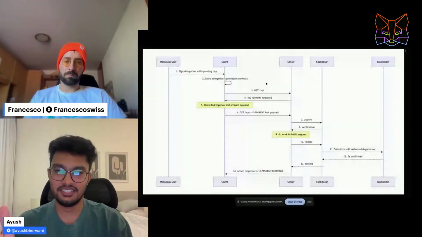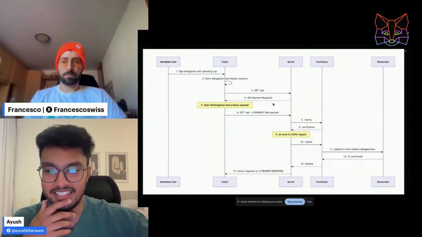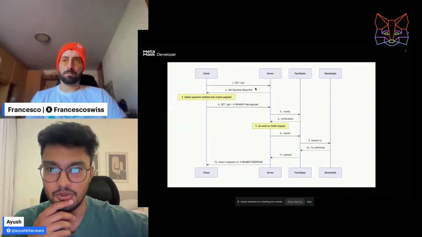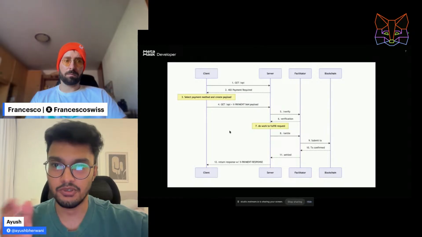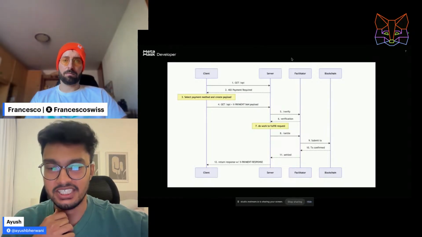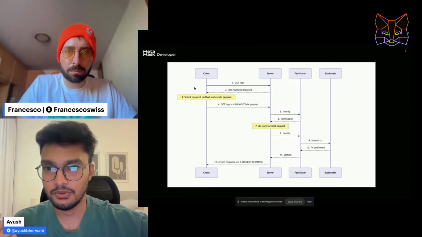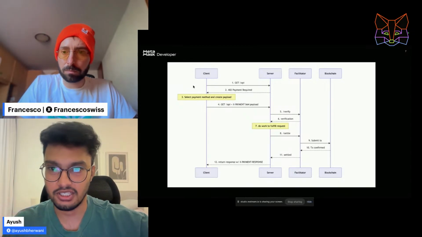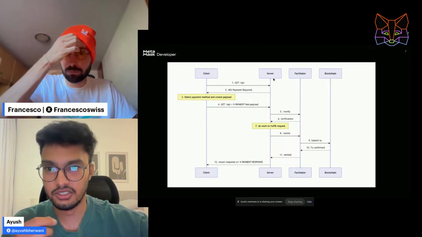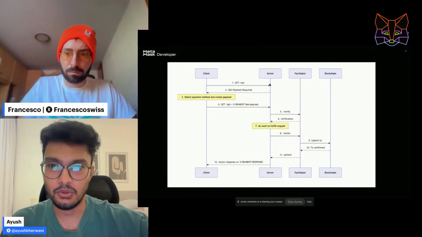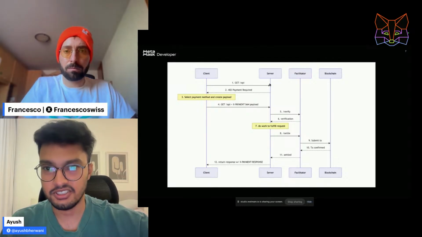So we saw this diagram briefly earlier, right? If we go back to the older diagram, how x402 works: we talked about the facilitator, the server, and the client. Consider you want a certain kind of service. You are the client. You hit the API request to the server. Now the client needs to know what amount is required for the services, right?